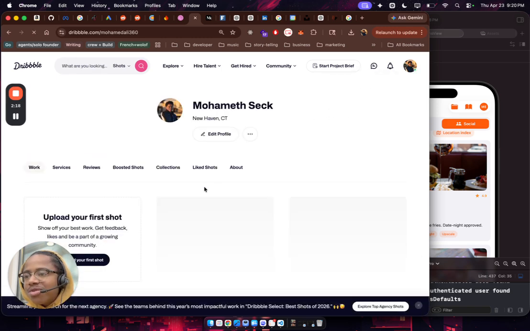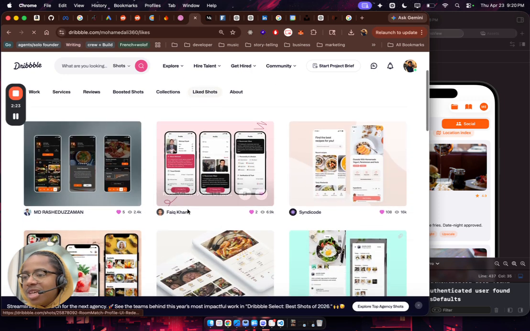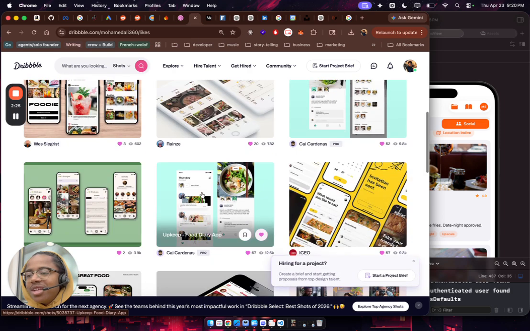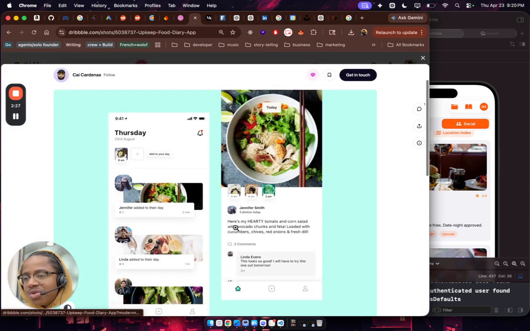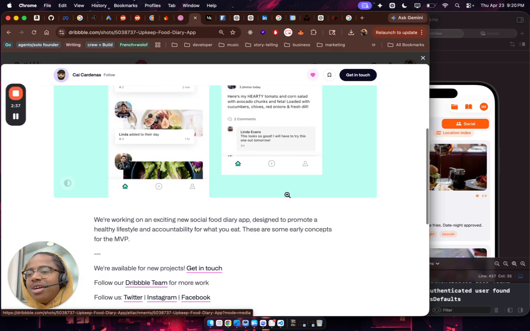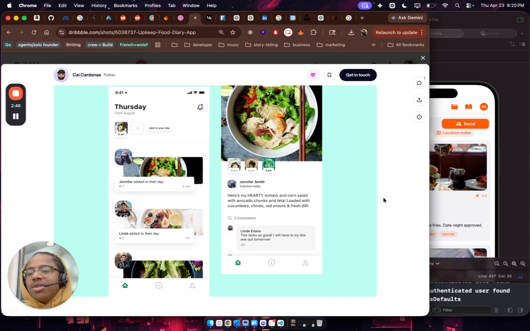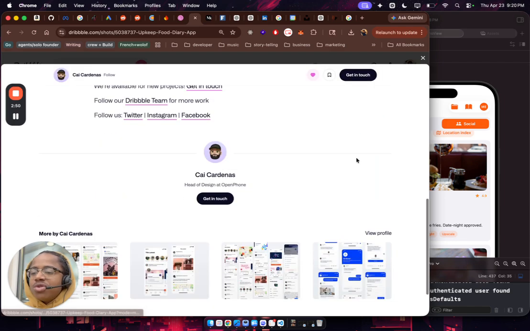Let's see, if I go to my profile, I go to liked shots. Yeah, so I took some inspiration from other designers. This one was real cool, but I didn't really go with this route because I don't think I want to add comments. Maybe I'll add comments, it could work. I don't know if it will cost more. Firebase is really generous, so I don't know if having all those reads and writes would add up. But I've seen people build some real cool social apps